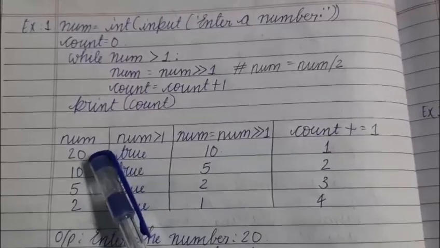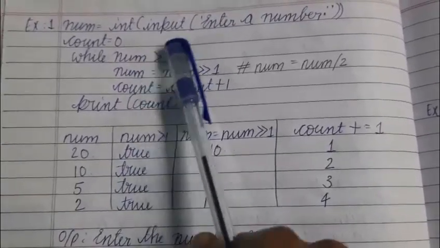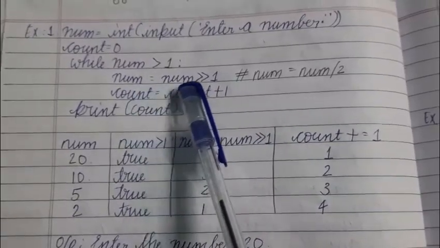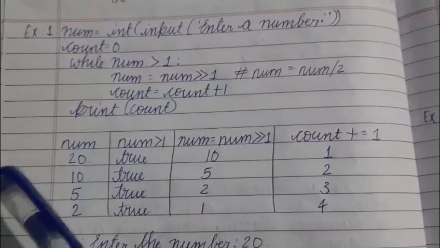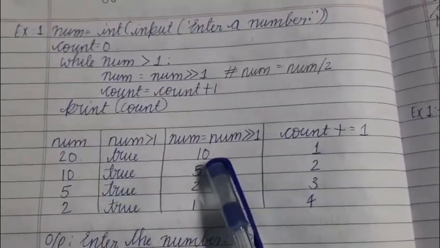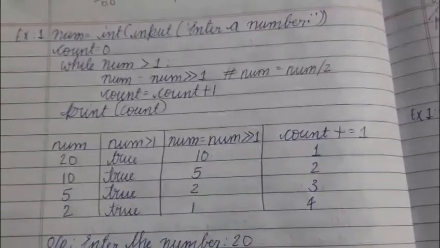Num is 20 and 20 is greater than 1. So the condition is true and we enter the while loop, and then we have num equal to num right shift 1, which is equivalent to num divided by 2. So num becomes 10, and then we increment the count, so it becomes 1, and the first iteration is